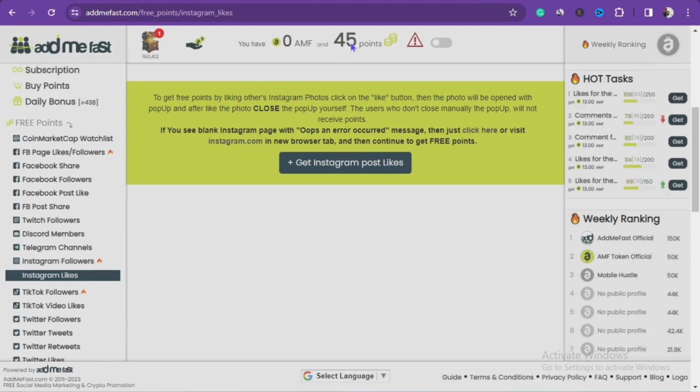For example, I have 45 points here on my dashboard, and what you do is continue following or liking Facebook, doing all these little tasks, and you'll be accumulating points. Once you've gotten enough points, you will now